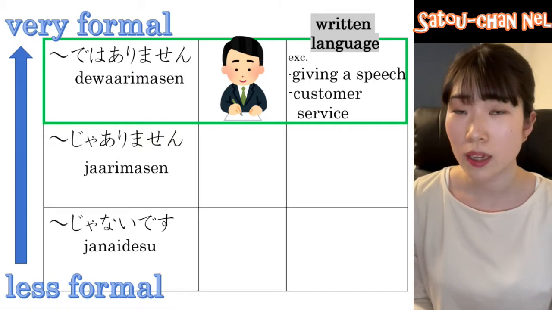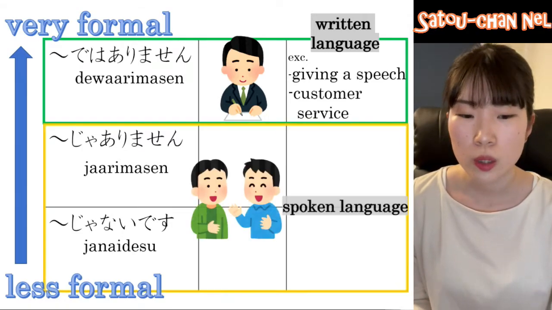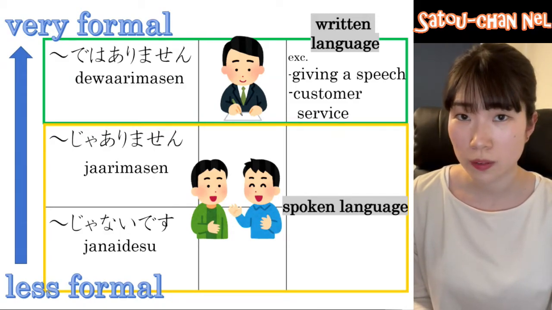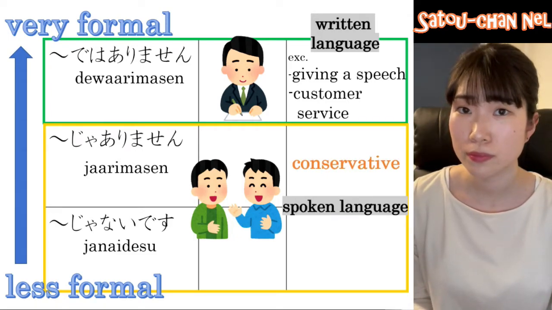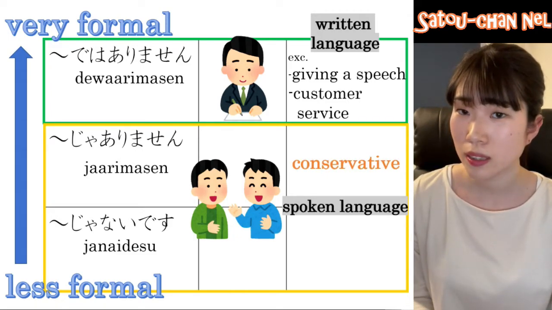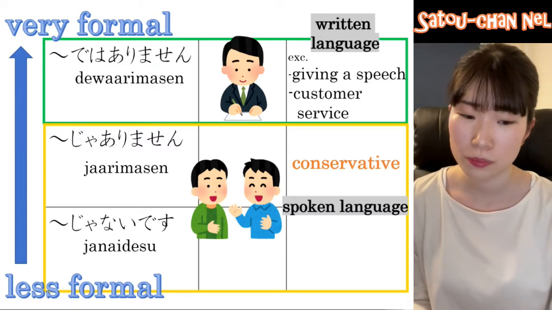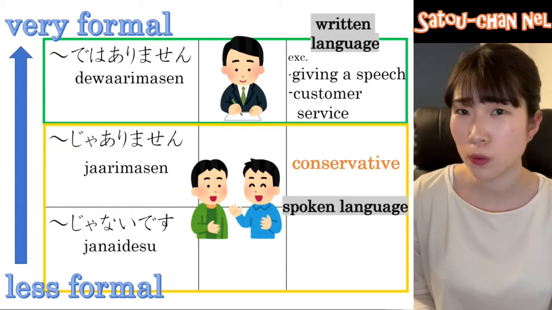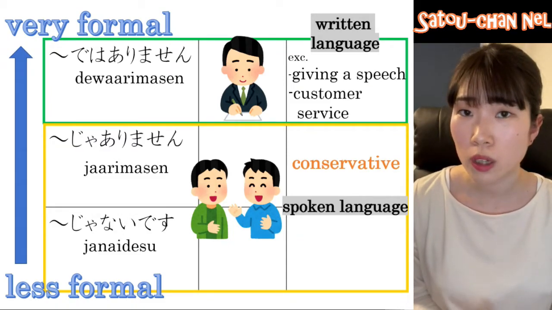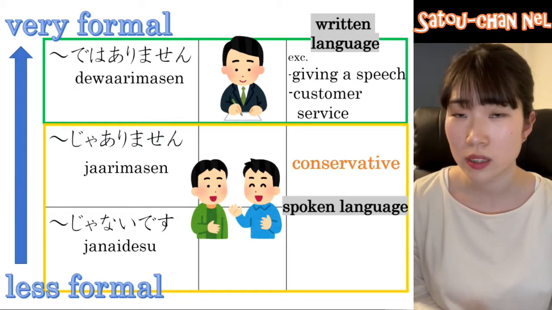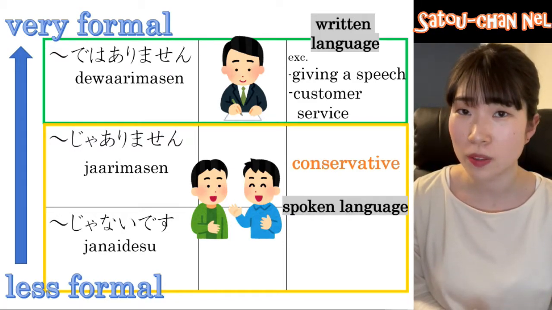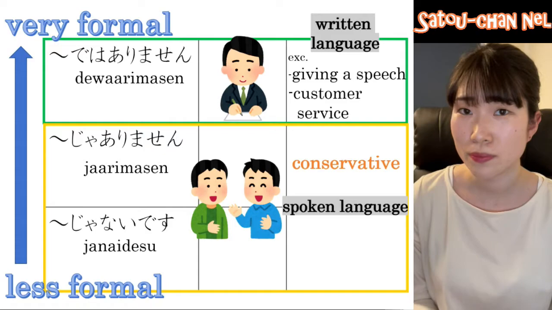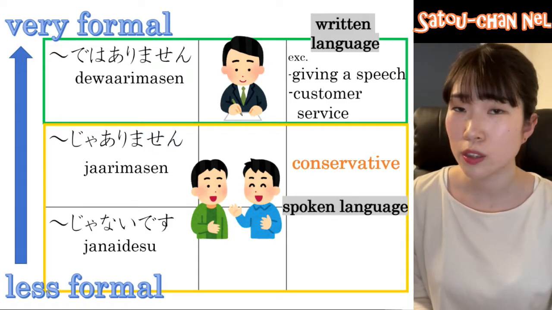じゃありません and じゃないです are used in spoken language. じゃありません is more formal and conservative than じゃないです。Most of Japanese textbooks teach this じゃありません form. But Japanese people actually use じゃないです more often. According to a lot of surveys and researches, more than 70% of negative form used in conversation is じゃないです。This is why I'm going to teach you じゃないです